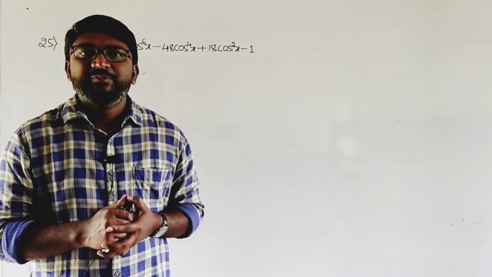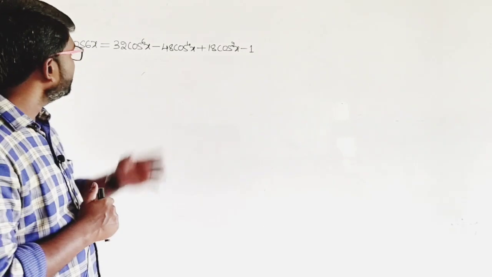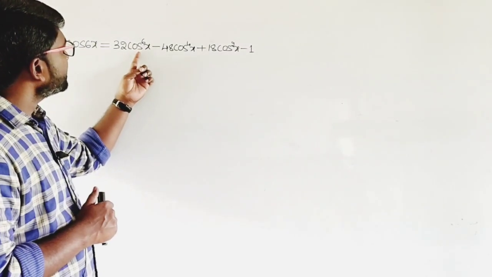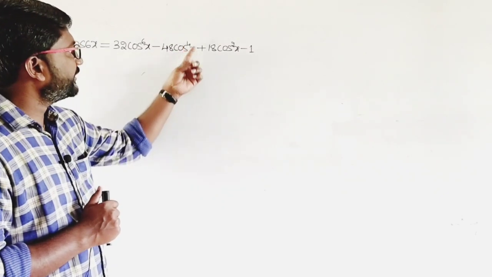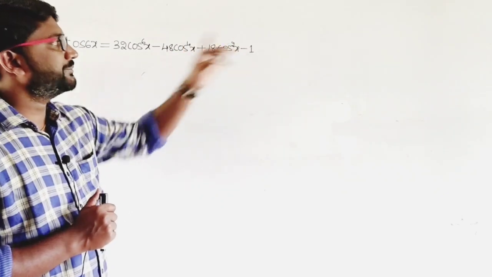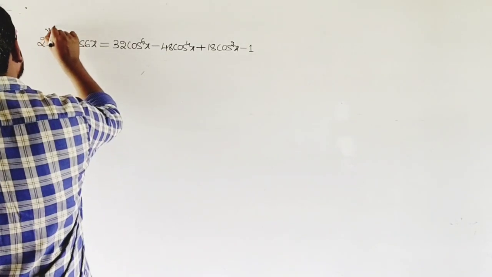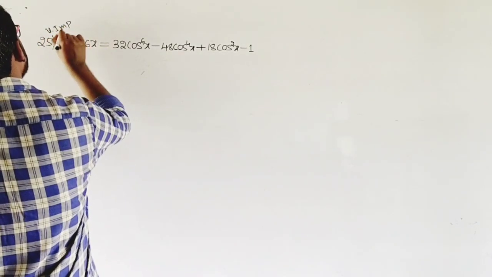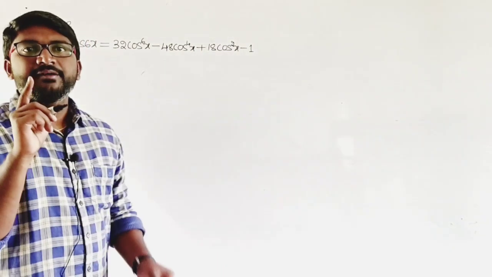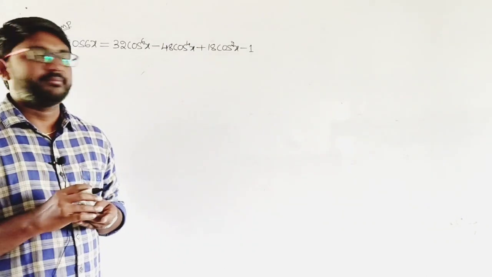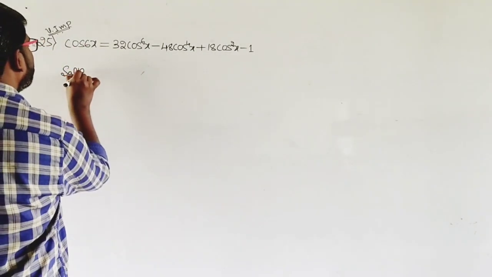Well, the 25th problem: prove that cos 6x equals 32 cos to the power 6x minus 48 cos to the power 4x plus 18 cos square x minus 1. So again mark this as very important for 5 marks. In exercise 3.3 you will definitely get one 5-mark question for the annual exam. So now here I will be taking the left hand side,